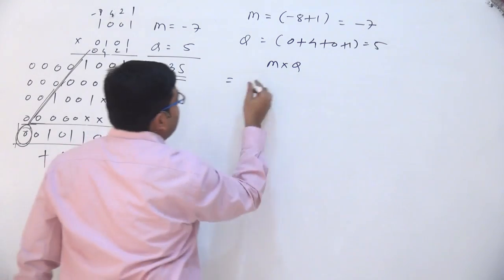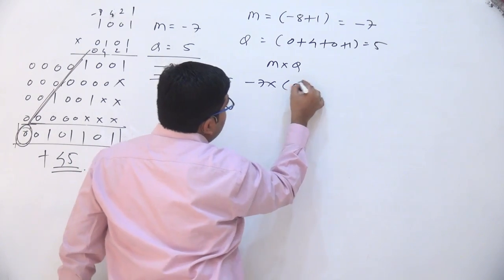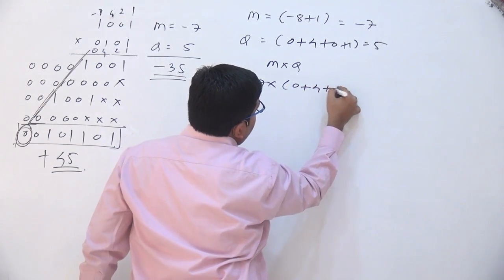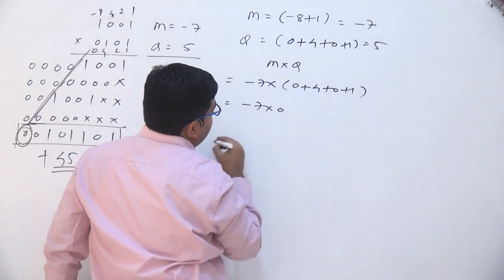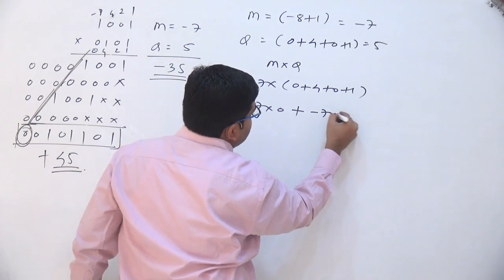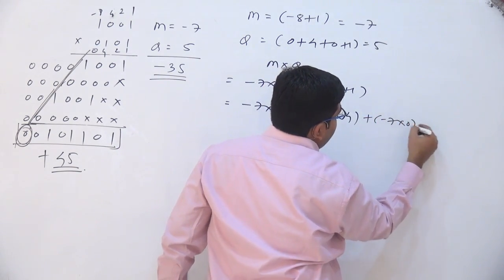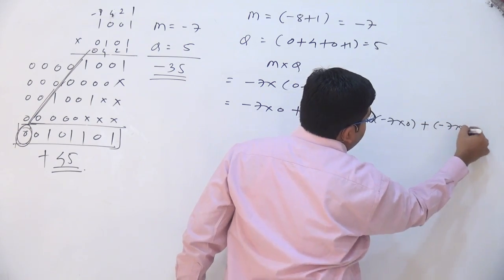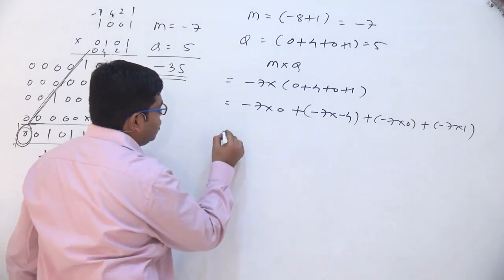So M multiplied by Q, M is equal to minus 7, multiplied by Q, which is 0 plus 4 plus 0 plus 1, equal to minus 7 multiplied by 0, plus minus 7 multiplied by 4, plus minus 7 multiplied by 0, plus minus 7 multiplied by 1. Now if you consider the individual terms, it comes out to be equal to